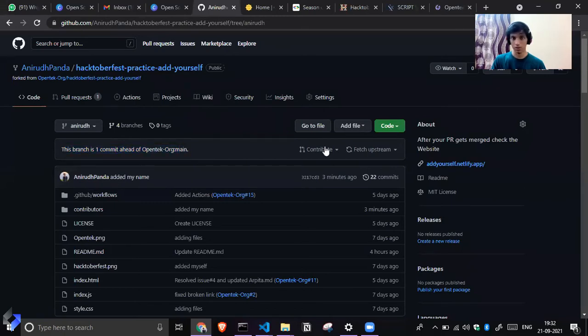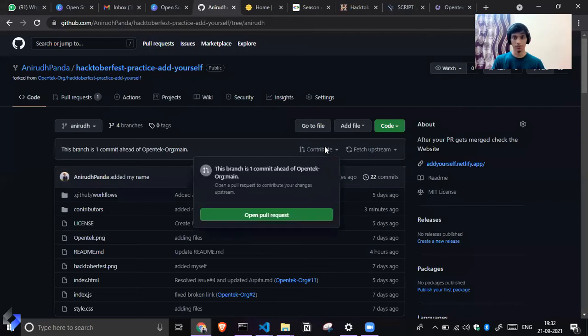Now we'll click on contribute, and here it is clearly written to open a pull request to contribute changes upstream. Upstream is the main branch from which we have forked this repository.